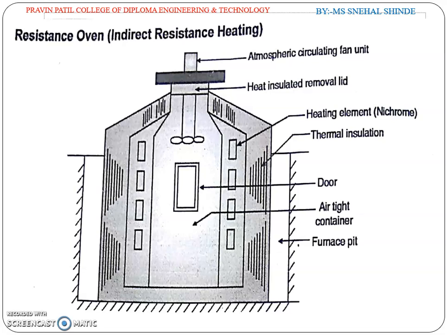The low temperature furnace up to 300 degrees Celsius is generally called an oven, but high range temperatures between 300 degrees Celsius to 1400 degrees Celsius are called a furnace. So the applications are small ovens for drying coatings like varnish, and high temperature furnaces for annealing, hardening, and melting of non-ferrous metals.